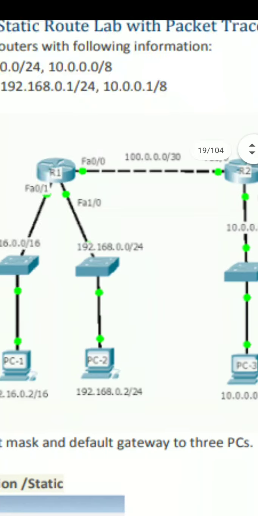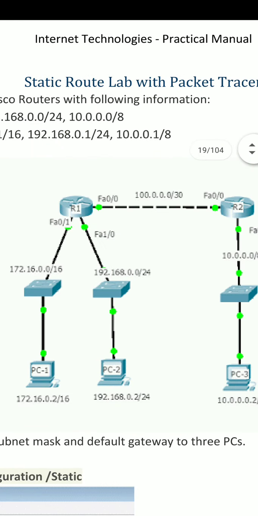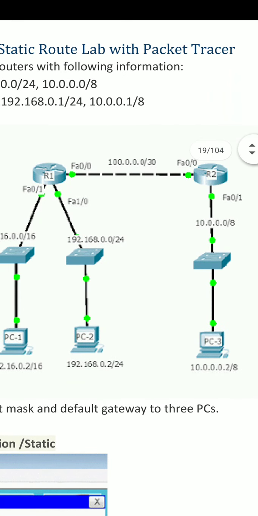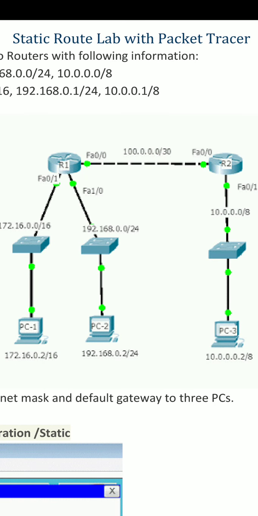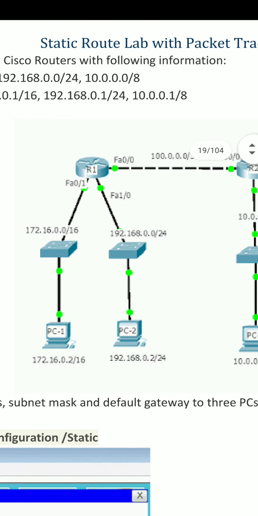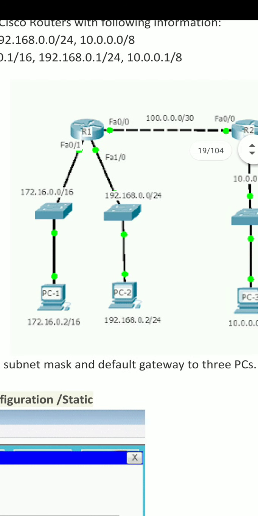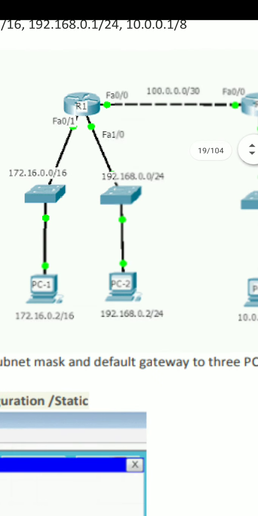In this diagram two routers are shown. The first is router 1, that is R1, and the second is R2. The circular symbols represent routers, and a router is the device which connects different networks. The rectangular objects are switches.